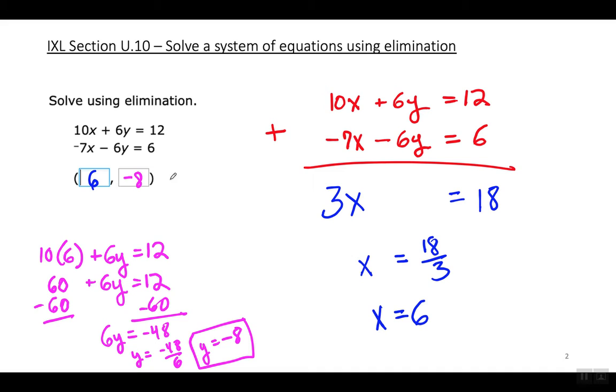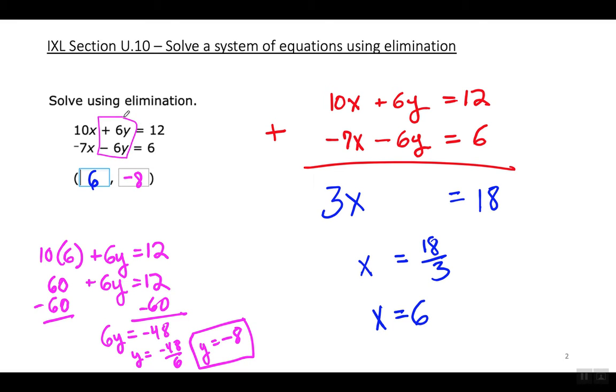La segunda manera lo hicimos en la última clase, que era sustitución. Y la tercera manera es eliminación, que es lo que vamos a hacer hoy. Eliminación es cuando tienen un sistema de ecuación y vamos a eliminar o el variable x o el variable y. ¿Cómo lo eliminamos? La manera que lo eliminamos es,